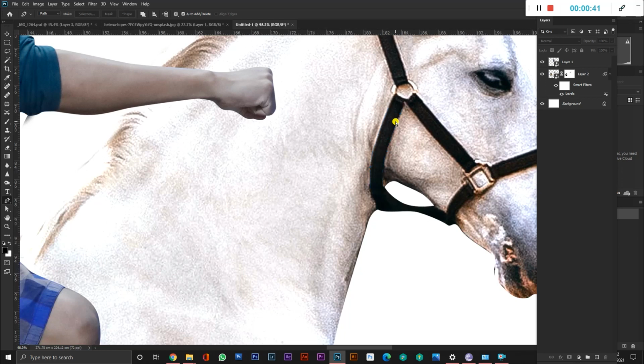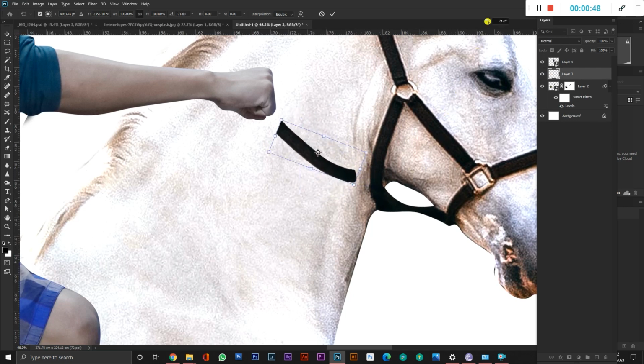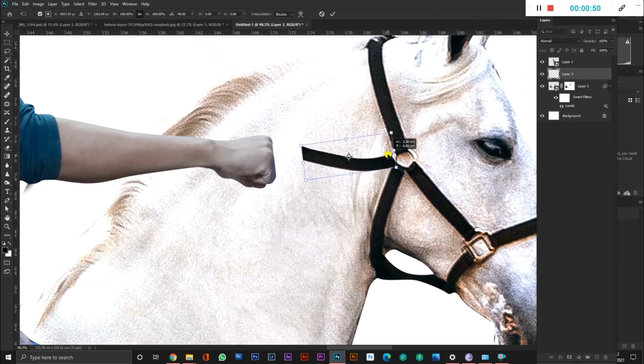For the belt, I just cut a little bit of the belt from the horse face and then fixed it using the warp tool.